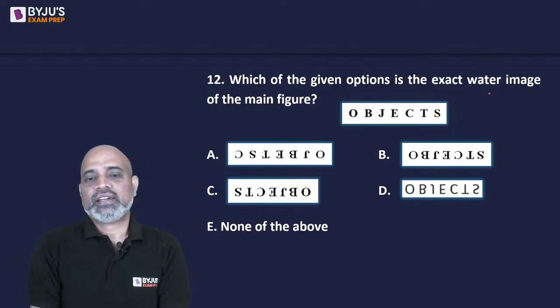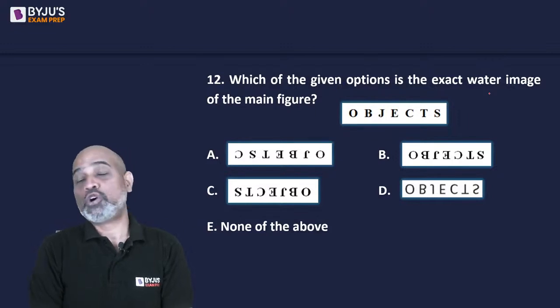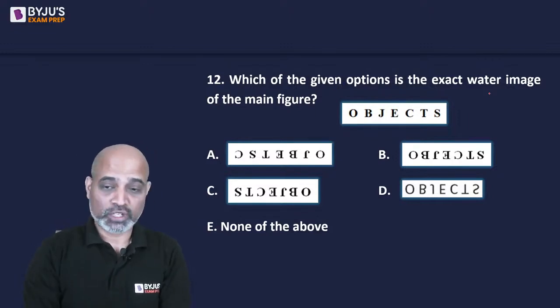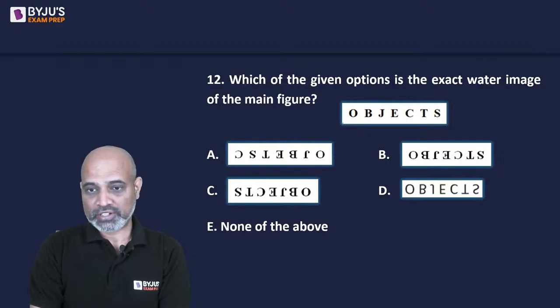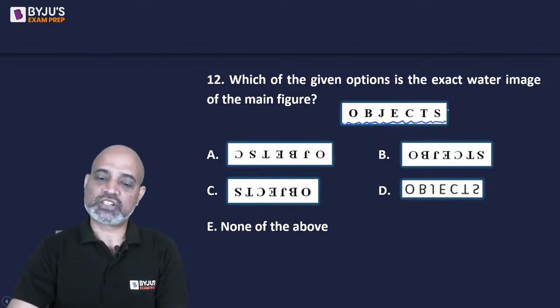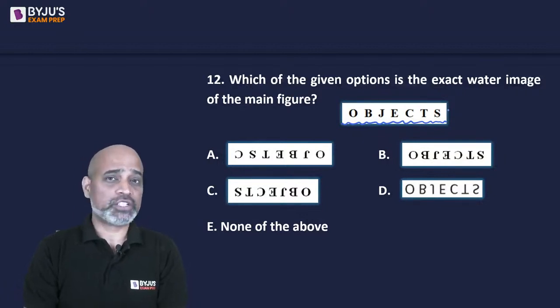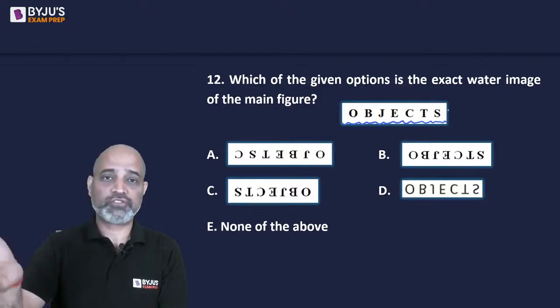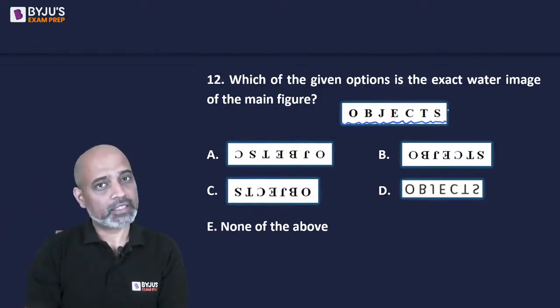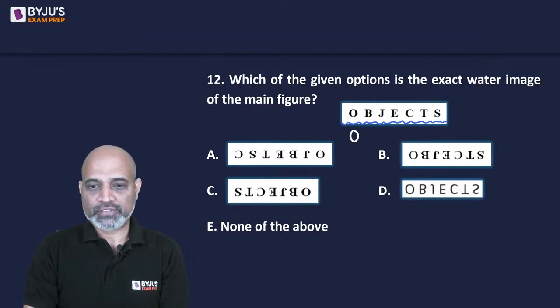ठीक है? Next one. We need to find the water image of the main figure. So where is the water? Whether they mention that or not, the water is supposed to be here, right? As in, इसका image चाहिए नीचे. So there are certain letters or there are certain digits whose mirror image remains the same. जैसे 8 को आप mirror नीचे रखो, left रखो, right रखो, ऊपर रखो, 8 remains 8. So O is such kind of a letter, right? B is going to